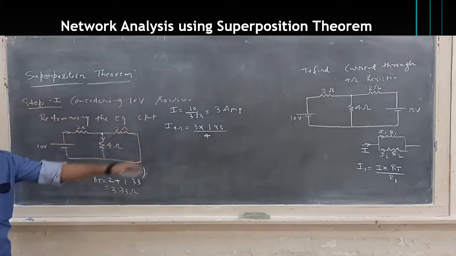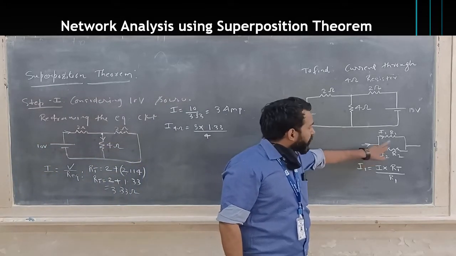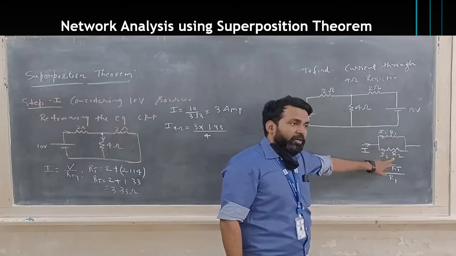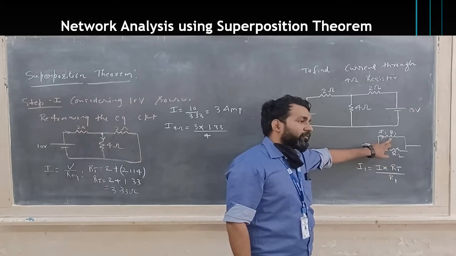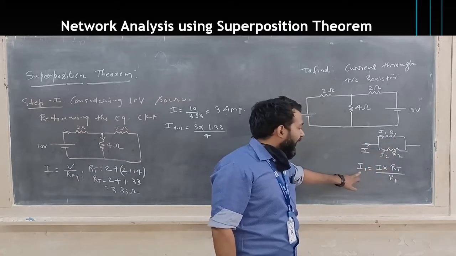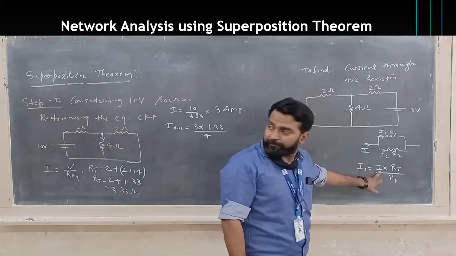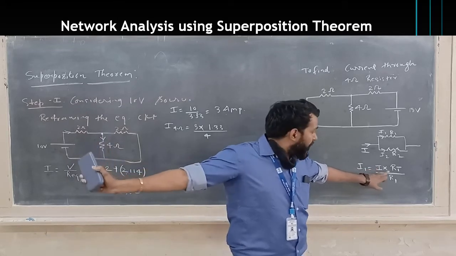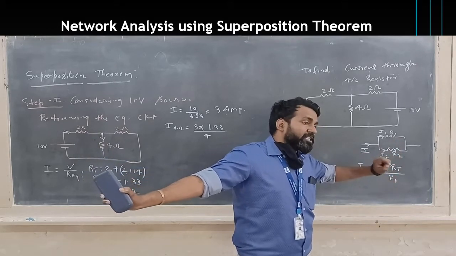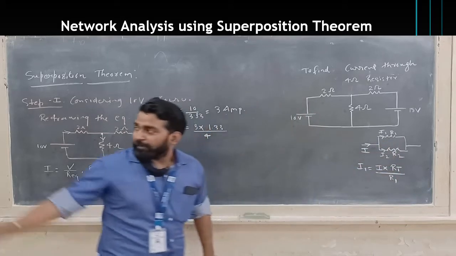Understood? Same thing. See, the total current I was getting divided into 2 branches. One branch has resistance R1, the second branch has resistance R2. The current through R1 was I1, the current through R2 was I2. If you want to find I1, how can you find it? Total current I multiplied by the total resistance, the parallel combination of these two, upon the resistance of the branch in which you are finding the current, so R1. Same thing